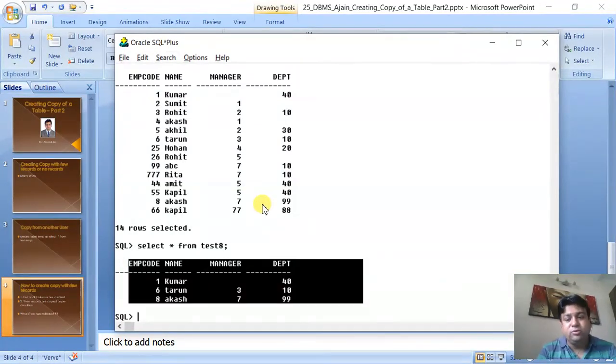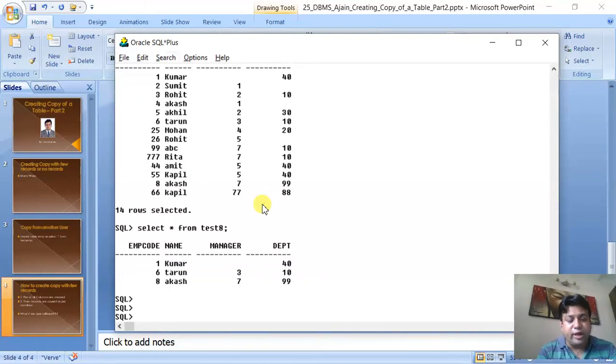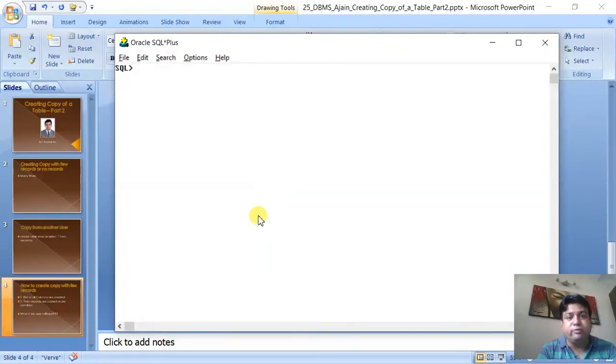Now coming to the last part: how to create a table without any record. I hope some of you might have understood how it will be done. Very easy. Create table test 9 as select star from EMP, where you give a certain false condition which can never be true. Where EMP code equals -1111, suppose.